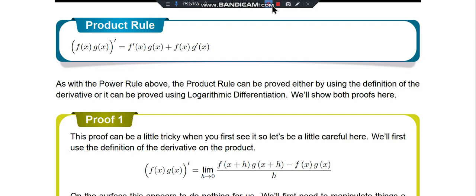The product rule for derivatives: if you have two functions that are differentiable, then the derivative of the product is just the derivative of the first times the second plus the first times the derivative of the second. To begin with the proof, you simply